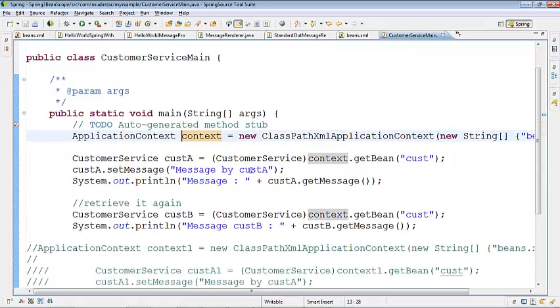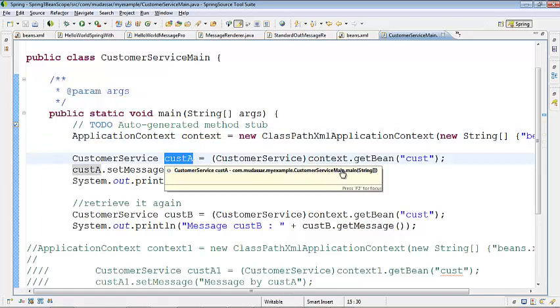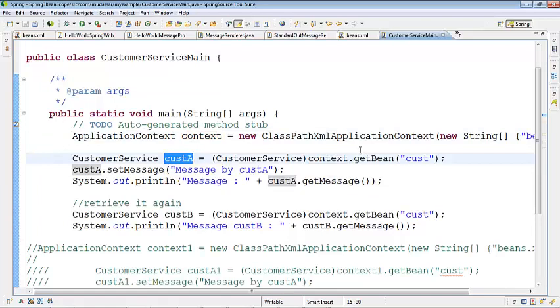So once we get that factory class, then we say context.getBean("cust"). So we get the bean, right? When we say getBean cust, it will create the instance, put it on the heap, and this custA will point to it. Then I say custA.setMessage, and the message is set over there. The attribute of that custA will be set, having some message. And when I actually go and check custA.getMessage, I'll get something back, right?